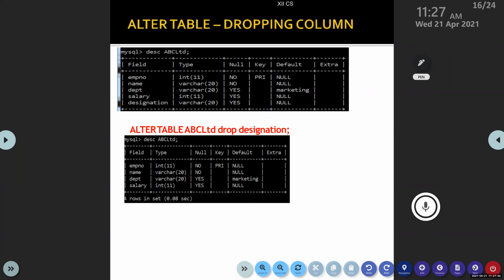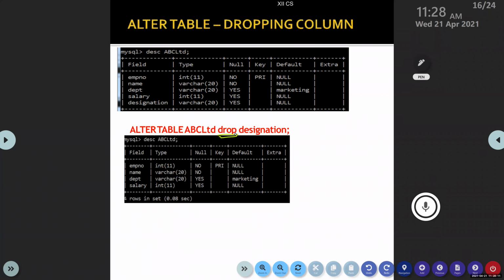How to delete a column. Can you use drop? Drop keyword you can use. And here you can see that you don't have to specify the data type.